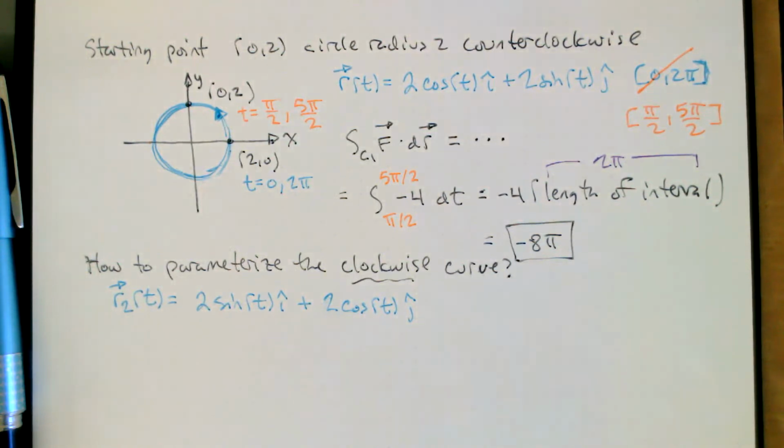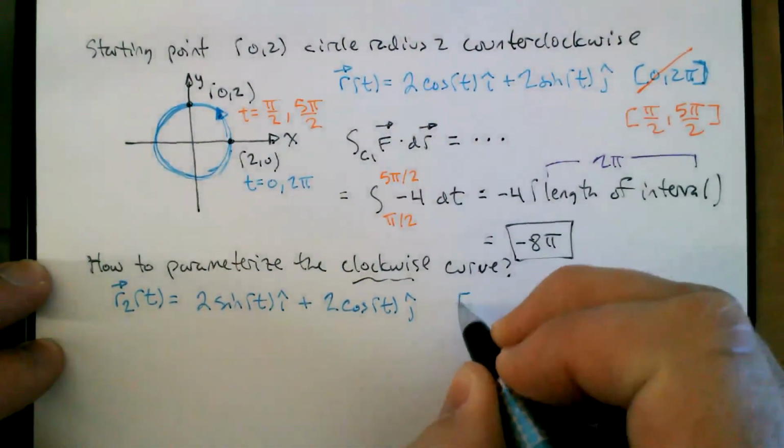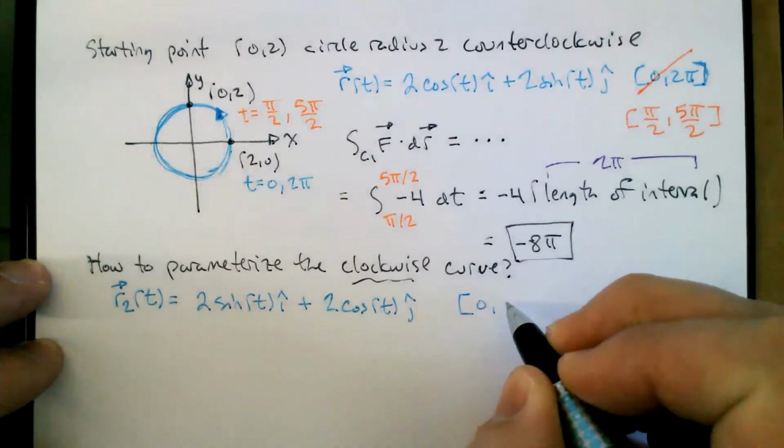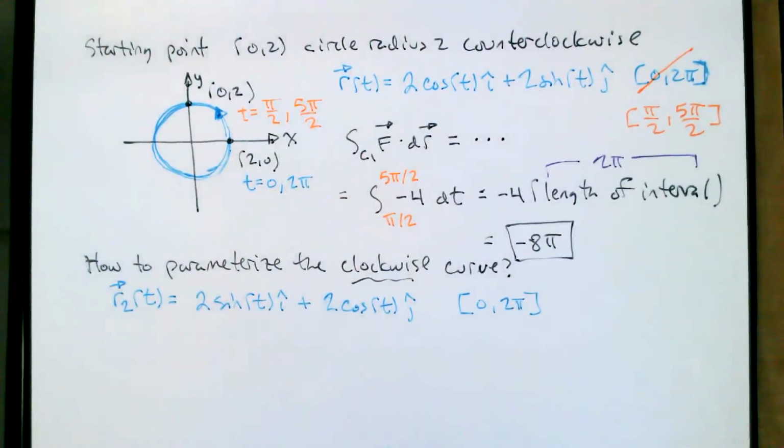So I said, well, we better investigate the starting point then. So if I switch from the x to 2 sine t and the y to 2 cosine t, that means when t is equal to 0, the x will start off at 0 and the y will start off at 2. So we can still go around once going from 0 to 2 pi. So this will be the same circle, but going the other direction. When t is equal to 0,